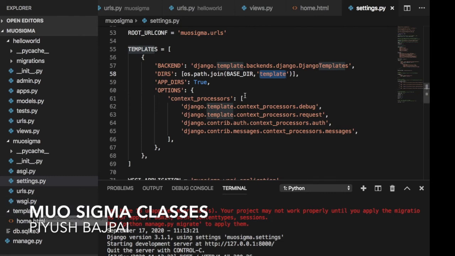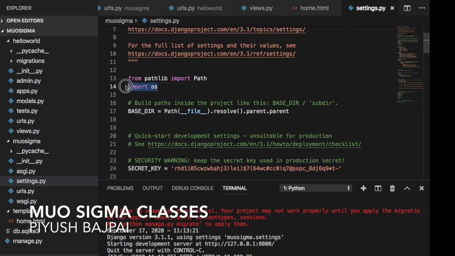In this join function, the very first parameter is called base directory, and in the second parameter you define the path of the template, because our template is on the top of the root. So we are just saying template here, and if you get an error on os, then you can import os like this.